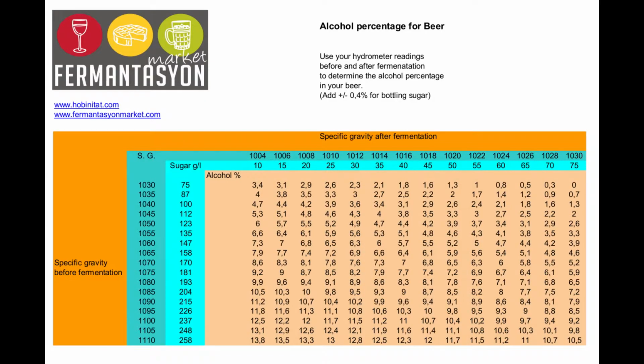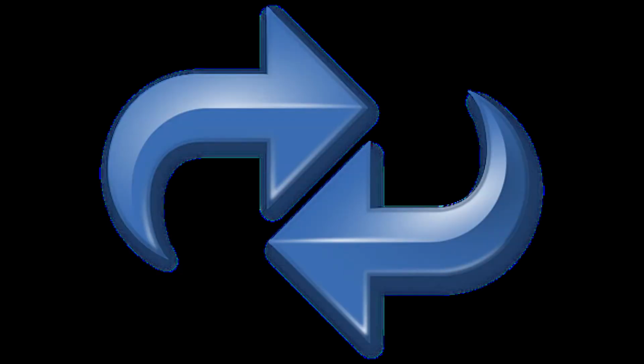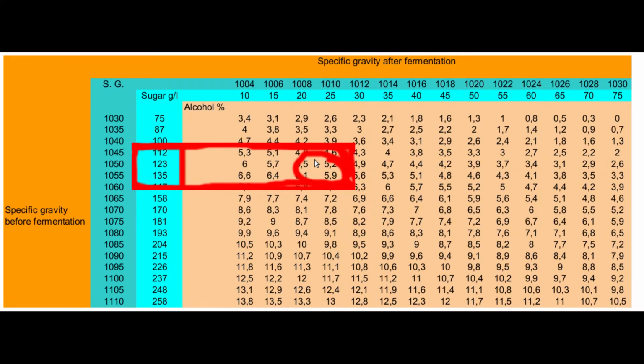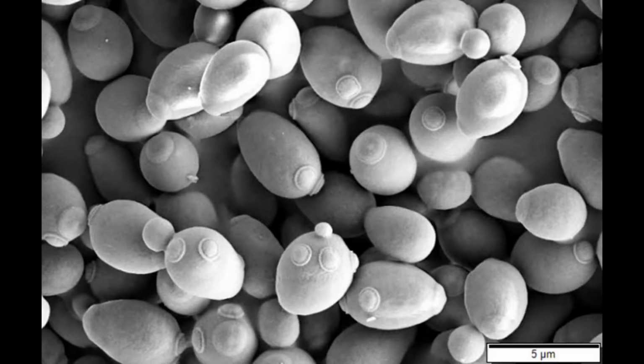Some tables will give you further information. Some good examples are attenuation, but the one of most interest here is how much sugar to add per liter to get a certain alcohol percentage. This works in a reverse way to the normal approach. You take your desired crossover point, or alcohol percentage. You ignore the final reading for now, and instead go horizontally to find the grams per liter number. You prepare your fermentation to match, and then see if your yeast could ferment enough sugar out at the end,